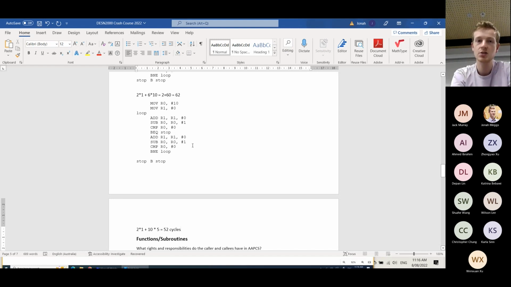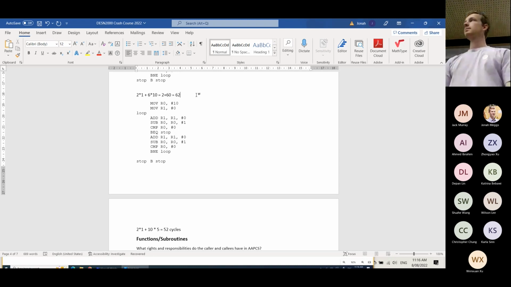So we can see that by doing this loop unrolling, we've got 2 iterations of the loop in 1 iteration, and that saves us 1 branch, right? And on the whole, we can see that 52 versus 62 is actually a pretty decent improvement for 1 level of loop unrolling. We tend to apply